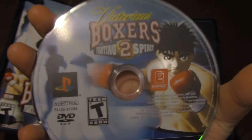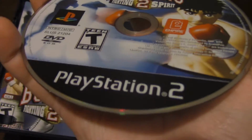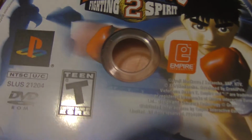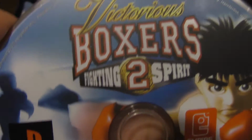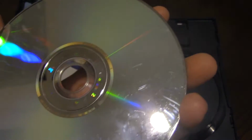Now, looking at the disc itself, it looks really nice, actually, which is pretty cool, especially compared to the first game, which, hey, you know what, it worked, but still really worried me, definitely. Now, the back of this game does not look good, so that's a little scary, just not gonna lie. I'm very happy that this game, well, I don't like that it has that thumbprint, but I am happy that